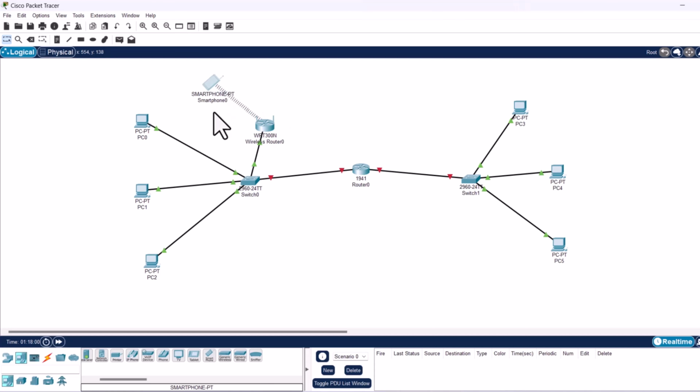And now before we continue, let's configure IP addresses and subnet masks for all of these devices on this network. But before we do it, I will add notes of IP addresses which I will be assigning to all of these devices, so we can visually see which device is which and what IP address it has. So to add notes, click here on notes at the very top, and here for this smartphone we will add the IP address